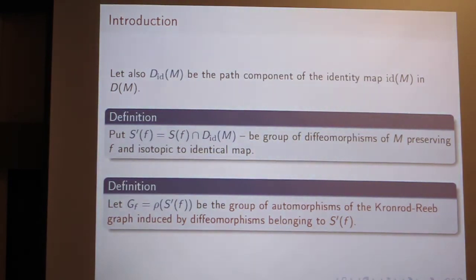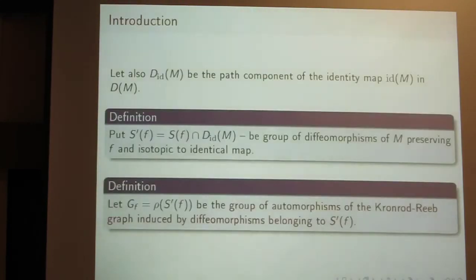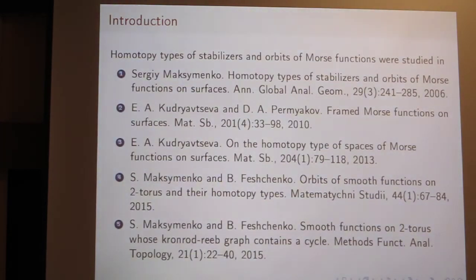So can you also say something about the whole group of automorphisms of that Kronrod-Reeb graph? There is a paper, and previously there is a result by Cayley that every finite group is a subgroup of permutations. Then there is another result that every finite group is a subgroup of automorphisms of some graph. And then there is the idea to consider cellular partitions of surfaces and consider group automorphisms of them. It is also by Markley and some other people, they proved that every finite group is realized as an automorphism group of a partition. And Lena Kudryavtseva and Fomenko have a paper where they realize these groups by Morse functions. So you take a Morse function having one critical level set, and the